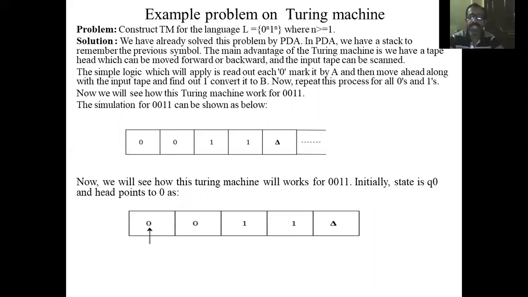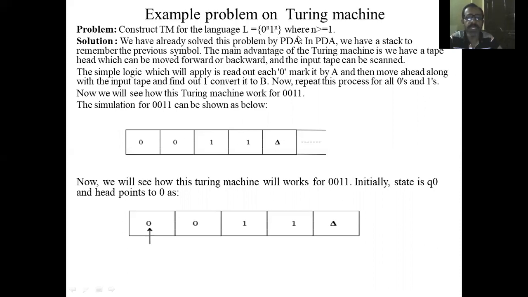Push down automata has a memory as a stack, which holds one type of input, and by using another type of input which removes symbols one by one, if all the symbols are exhausted once the input is over, then we say that the input is accepted by the push down automata. But here that facility is not there. Whatever operations we are going to perform can be performed on the tape only.